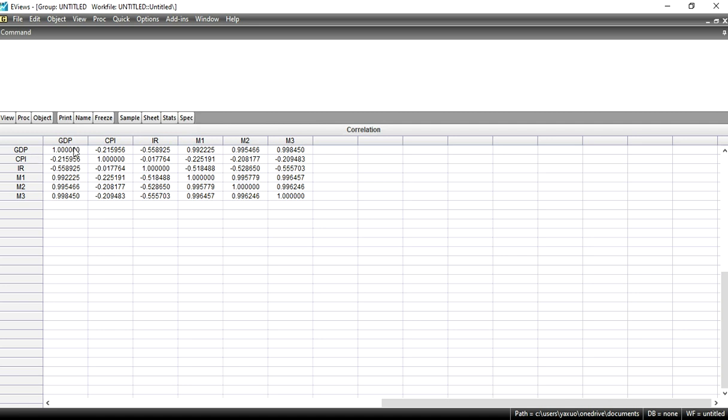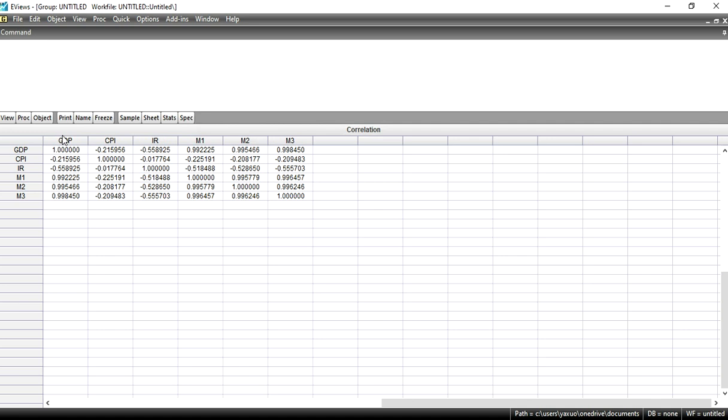In the result you can see that on the horizontal axis the names of the variables are written, and on the vertical axis there are also the names of the variables. So how do you read the relationship between these variables?